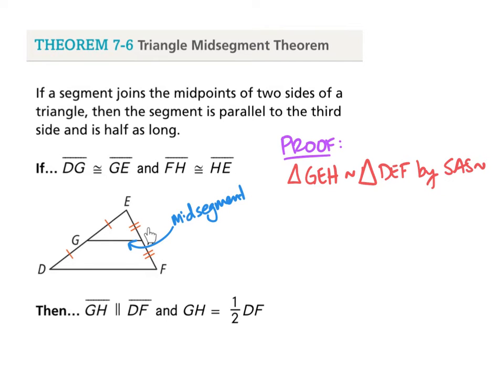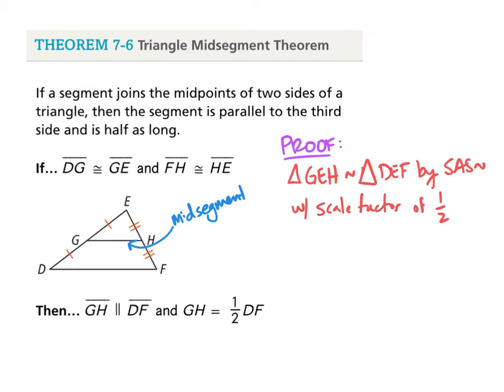Since these corresponding sides are half as long, right? EH is half as long as EF, and EG is half as long as ED, then that means the third pair of sides will also have that same relationship, where GH is half as long as DF. Right, so to come back over to my proof here, I'll say with a scale factor